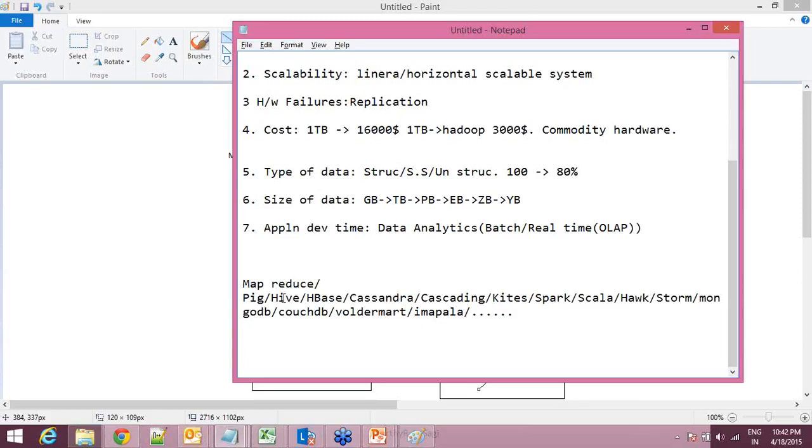To make a little comfort for MapReduce. In real time, 80% of projects use the ecosystem for development. Only some 20-25% of projects will use MapReduce, even not 25, less than 40%, because these things are very powerful and they can do many things. So we have many ecosystems, friends. Hadoop has many features and characteristics for data analytics, and these are the main reasons why most of the things are looking towards Hadoop.